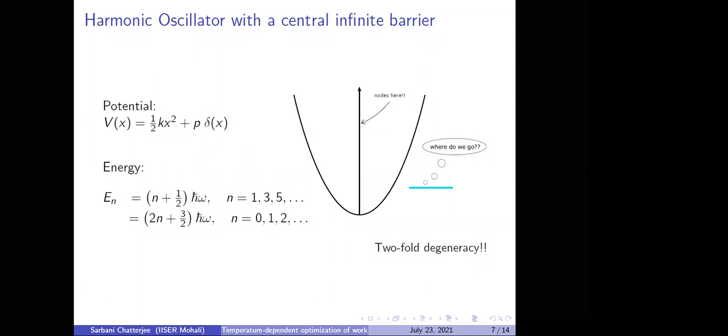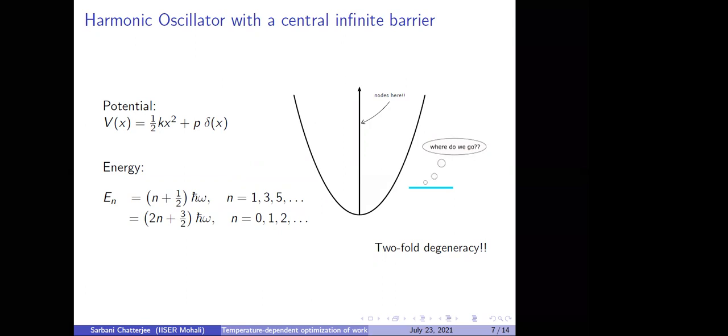When we insert an infinite delta function barrier at the center of the harmonic oscillator, it shall introduce a constraint on the probability amplitude of the wave function, such that it goes to 0 at the position where the barrier is inserted. The wave functions are modified so that they now have a node at the center. The barrier is inserted quasi-statically, and thus this process does not give rise to any change in the volume of the system.